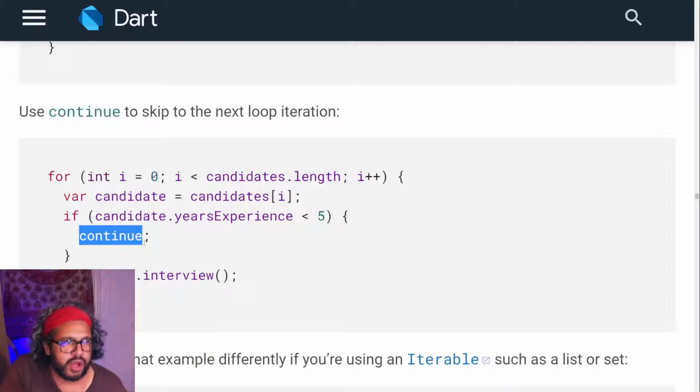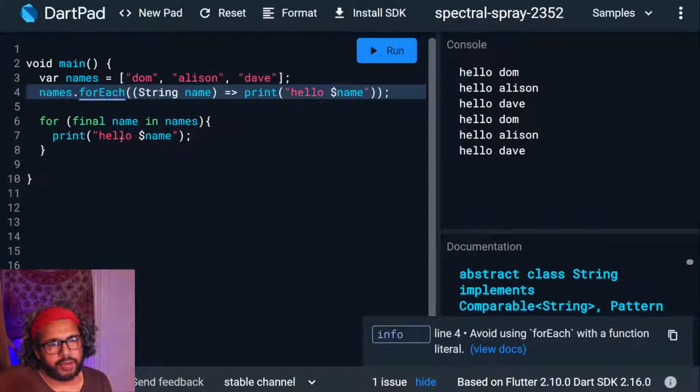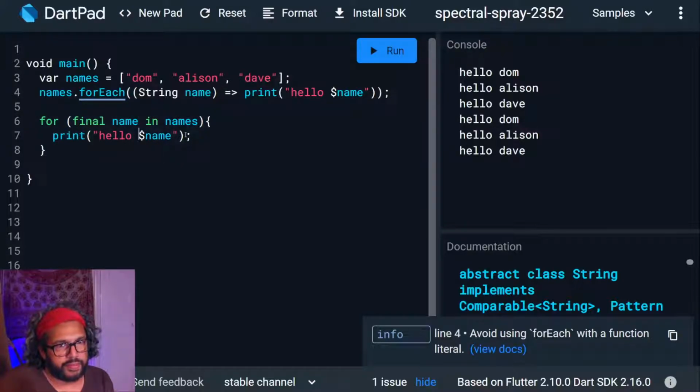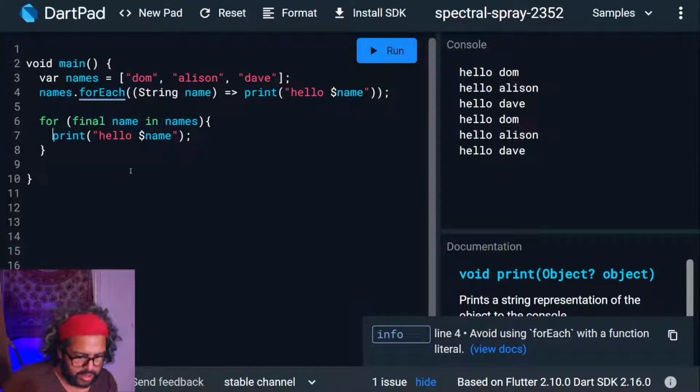Use continue to skip over the next loop iteration. Okay, so that's just like using pass in Python, where you just kind of want to say, forget it, go to the next thing. So if I was looping for a list, for example, and I only care about names above 3 letters, for example, I could say